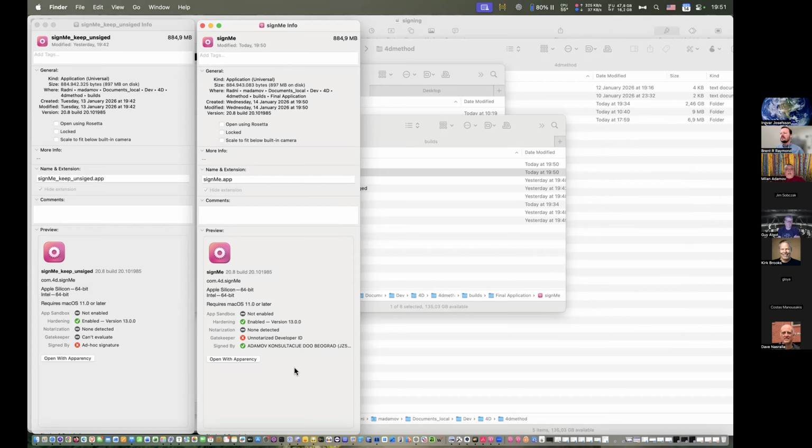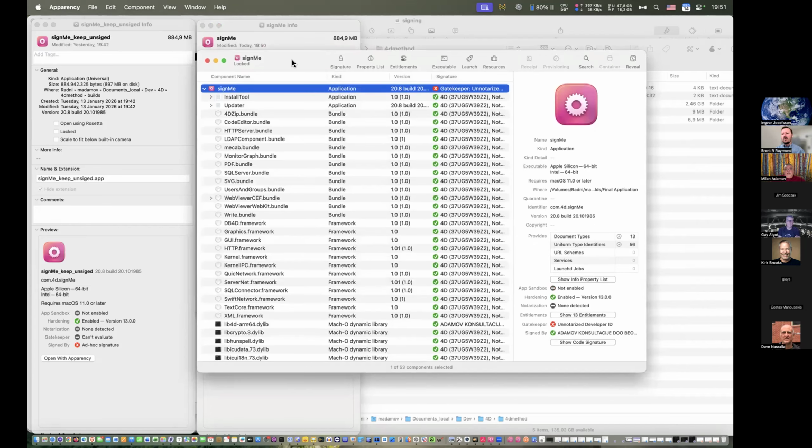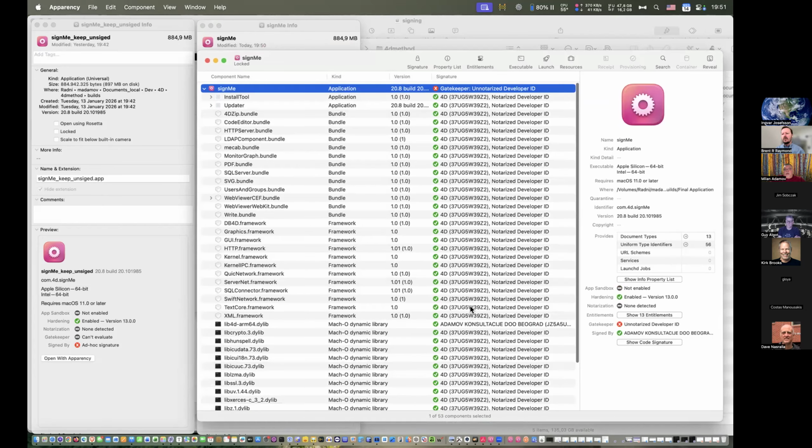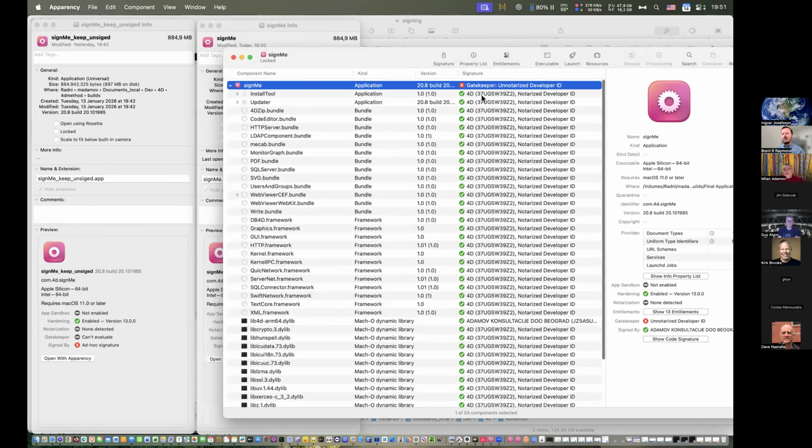Just to tell you, in the presentation, I suppose you saw the link to the GitHub repository. There is the PDF there with this presentation, and you will have a link to this fabulous software called Transparency, which actually makes this possible in Finder. And you can see here all the components and all the binaries in the package, and how they are signed. So see, this is signed by 4D. It's not notarized. We will do that later.